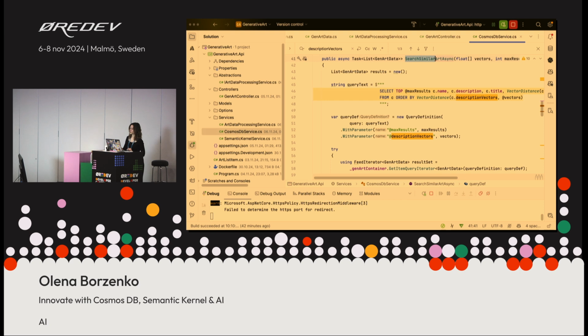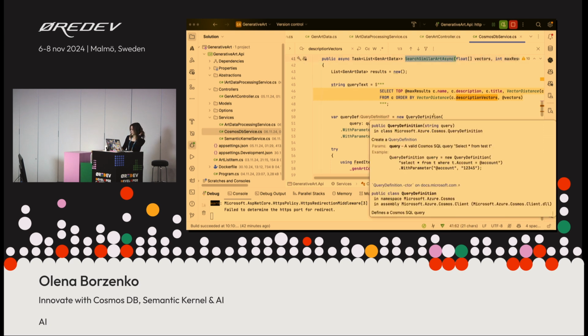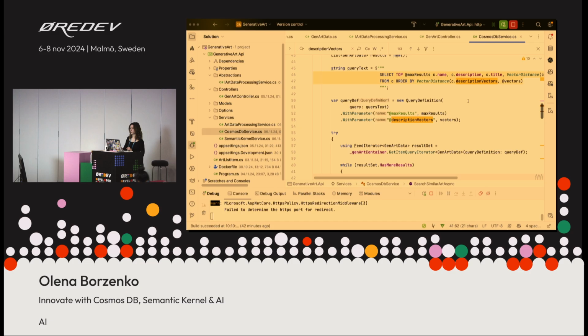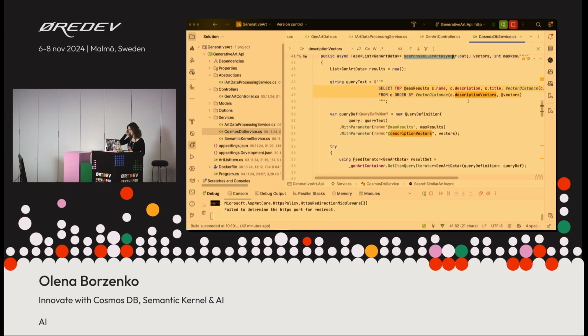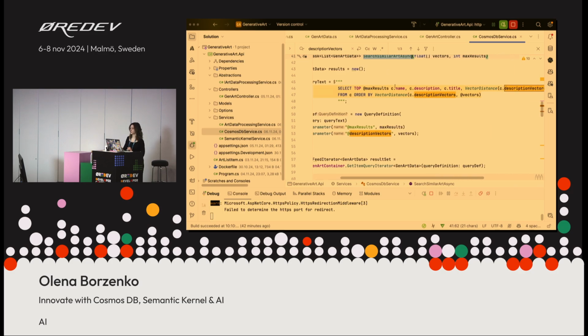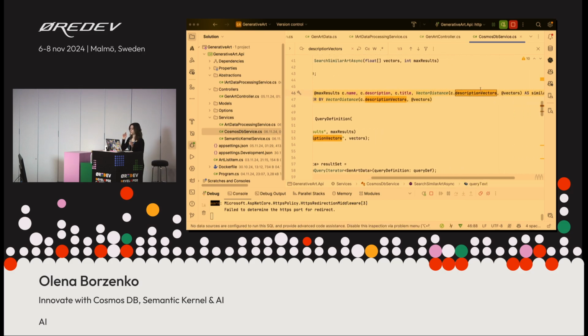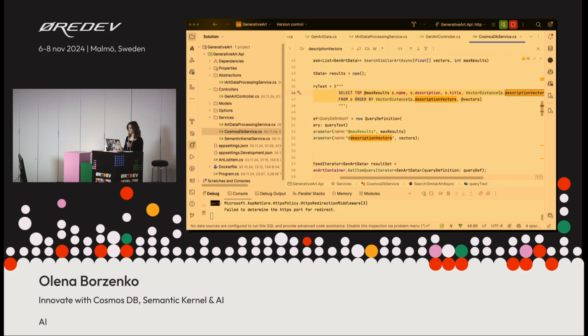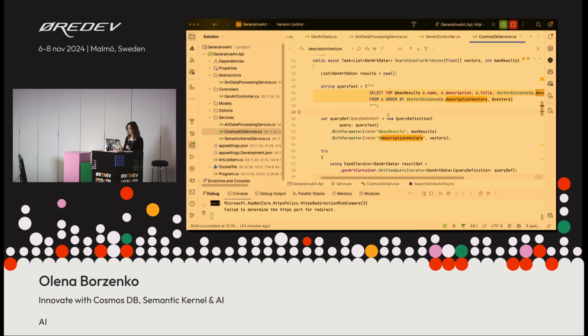So if you want to do some similarity search, that's how it might look. This is a very simple query, and this is one of the examples. I think Mark Brown wrote it, so I took the example from there. You select some properties, and you use the vector distance function for finding the items, basically comparing the items to provided vectors. Then you can order them by vector distance, so you get the most similar, most relevant items first, and then the rest of the items. So I would use this.